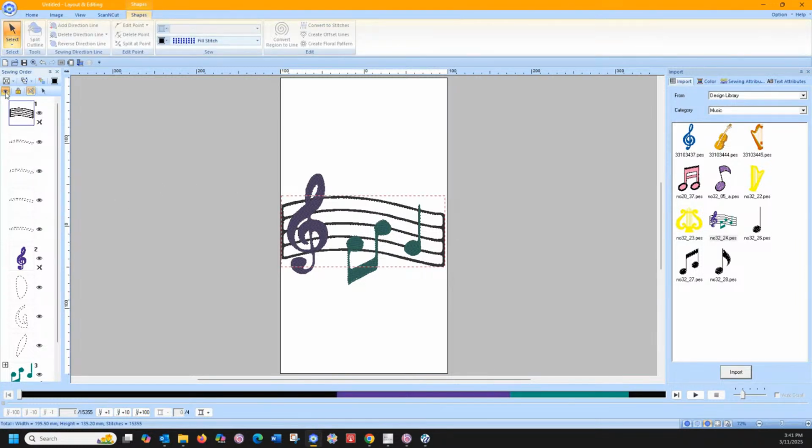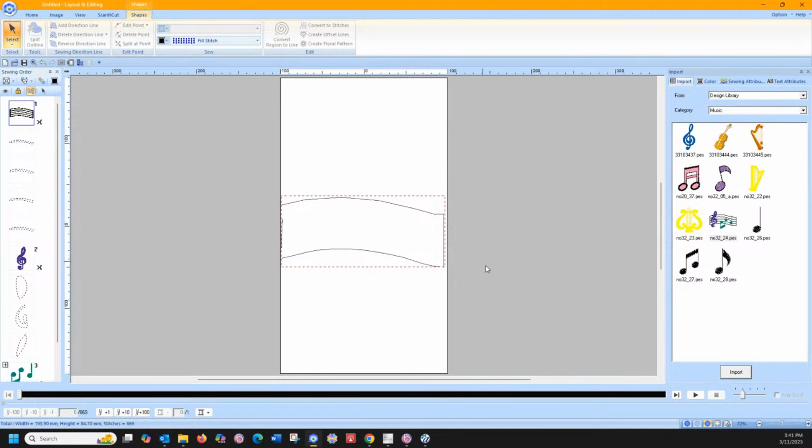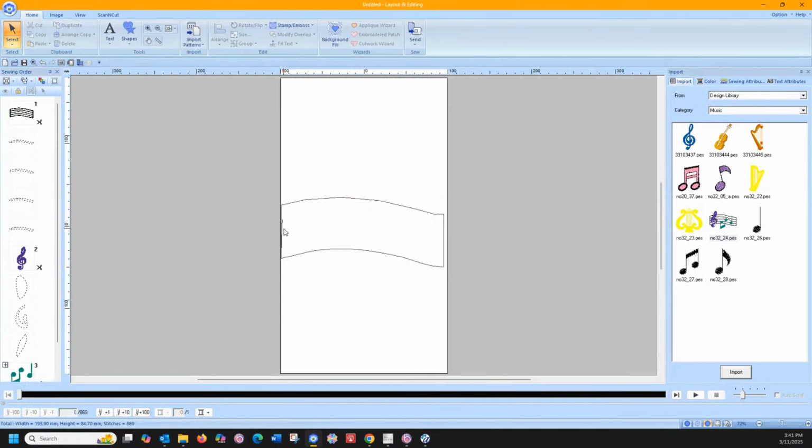But if we hide this piece right here, you can kind of see what I'm saying. It's basically, you would draw in your treble clef. Oh, I got too excited there and forgot where I started. Now, if we want to turn that back on,